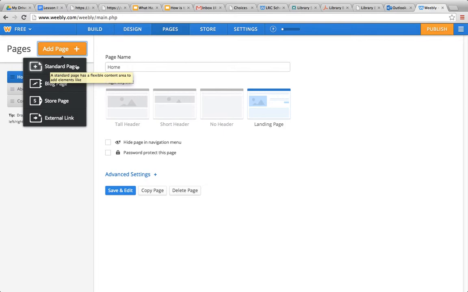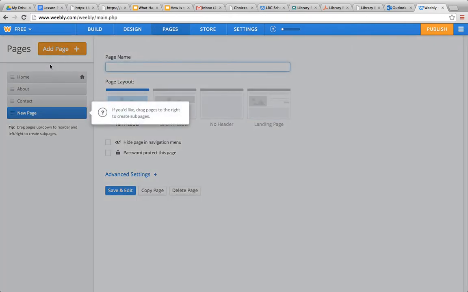A standard page, where it's going to look like just a regular web page, a blog page, a store page, which you would obviously use if you were selling things, or if you want your page to go to an external link. So let me show you the difference. If I go to Add Page, Standard Page, I need to give it a name. Okay, so maybe I will call this the research page, where I will have links for kids to access research. So I just call it research,